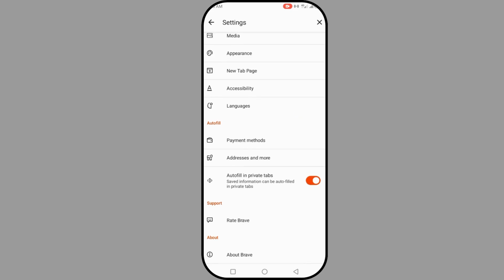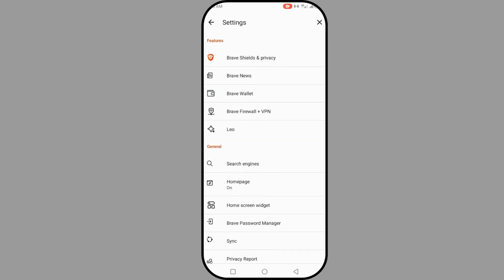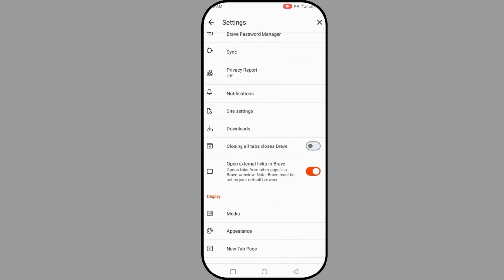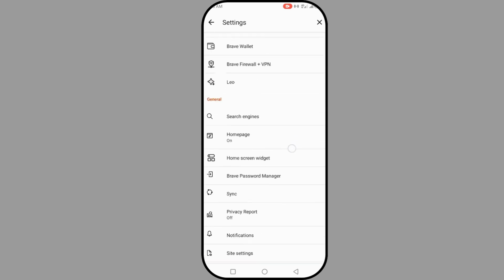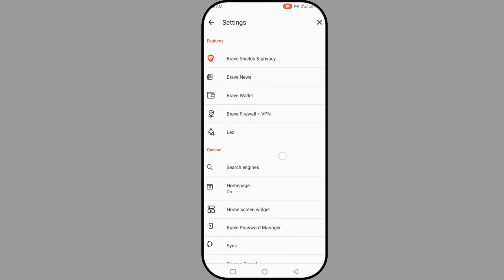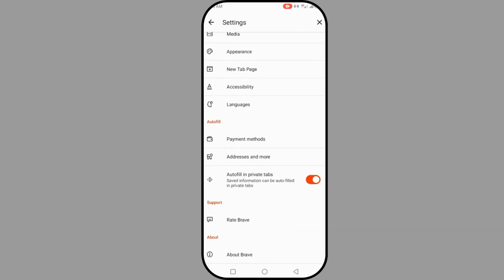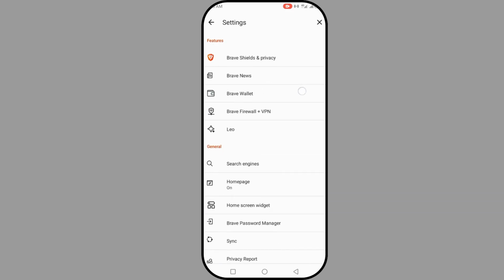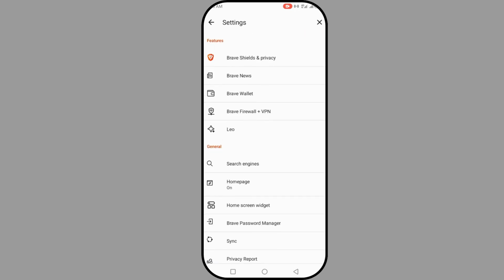The option of locking the app is not here for Android users, but for iPhone users, once you reach here, the settings is going to be here. You're going to be able to see lock app. Just click on lock and you're going to automatically lock your Brave browser. But for Android users, there is a limit to it, so it has not been updated, so we don't have the option here in our